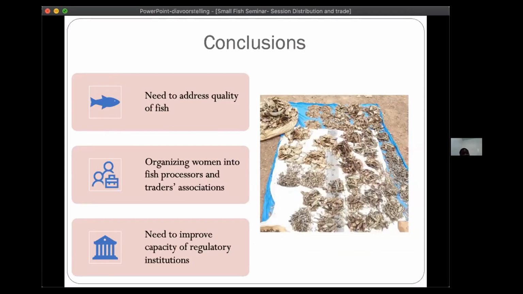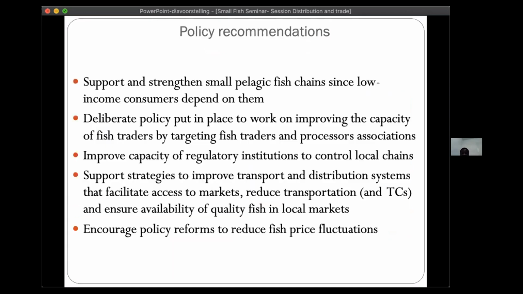And we also have to start thinking about organizing the women into fish processors and traders associations so that we can reach out to them with interventions. And there is also the need to improve capacity of regulatory institutions. Next slide, please. Now to conclude with policy recommendations, there is the need to support and strengthen small pelagic fish chains,